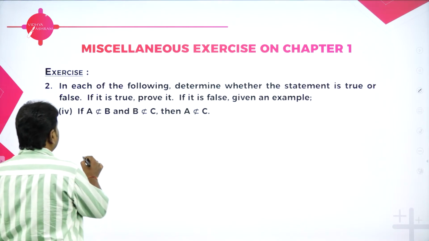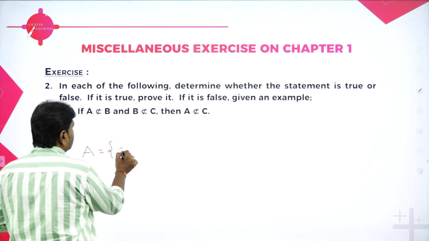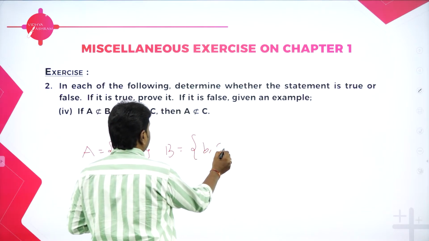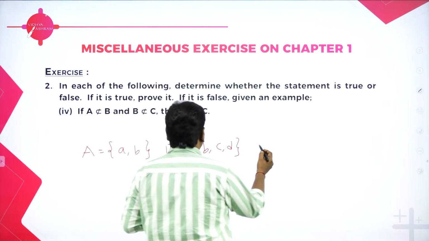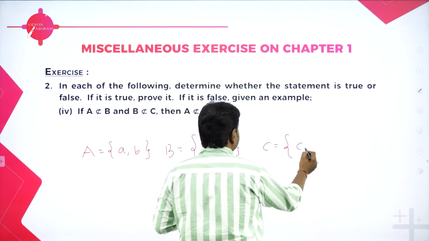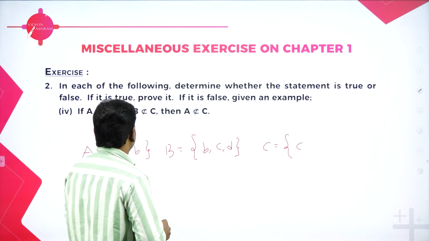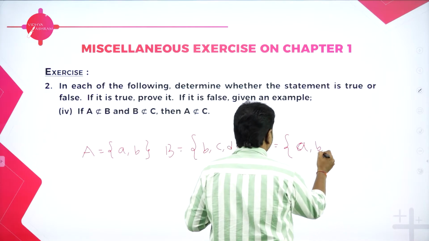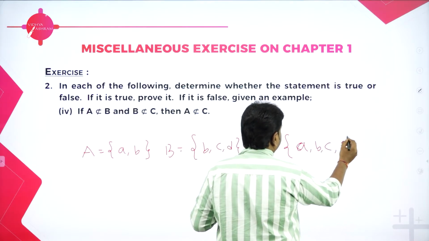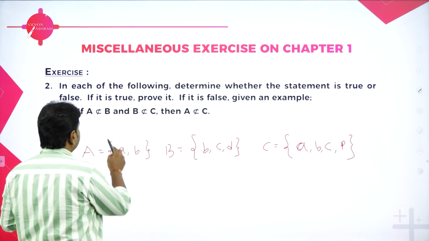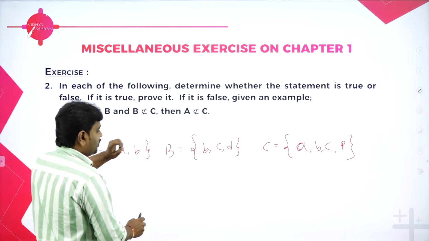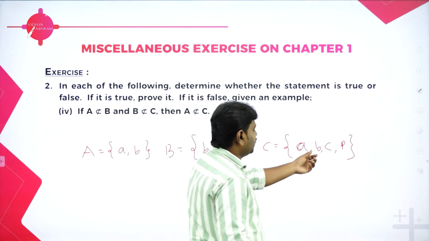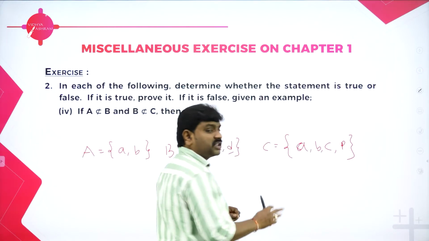So we'll see. For A, which is not a subset of B, I'll take A = {A, B}. B, I'll take {B, C, D}. C should not be a subset of A, but they did not give any restriction on C, so I'll take C as {A, B, C, D}. Now whatever they told, I took it. A is not a subset of B: you can see the elements A, B, and A is not a part of B. B should not be a subset of C: B, C, D are there, here I have B, C, but the element D is missing here, so B is not a subset of C.